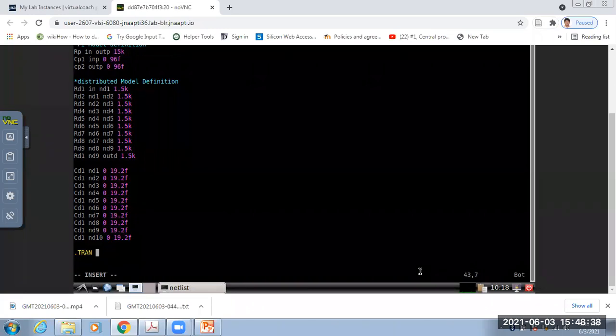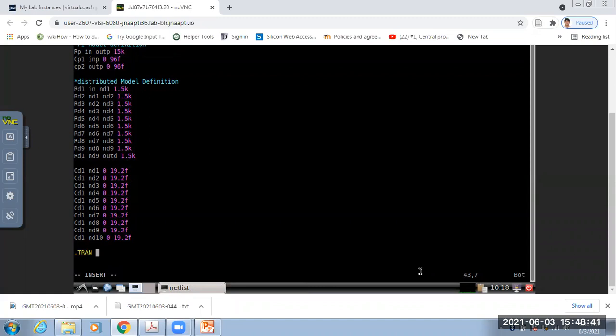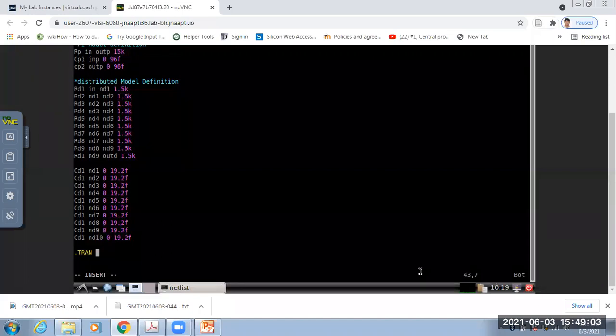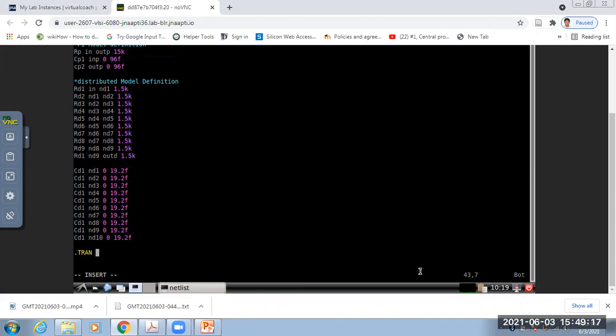The compiler checks that it is pulse, and inside it is written in this format: the first one is the initial value, the second is the final value, the third one is the delay, the fourth is rise time, then fall time, pulse width and period. That is a fixed syntax we should follow, for every source. If you want to know more, you can read the second or third chapter of the NG Spice manual. For every source it is defined how to mention it.